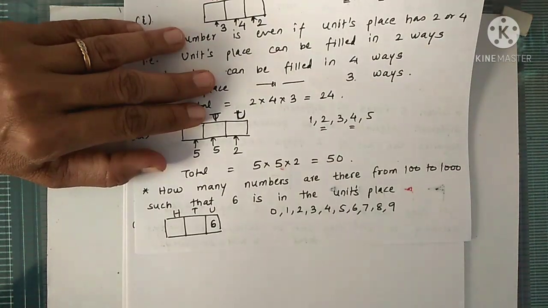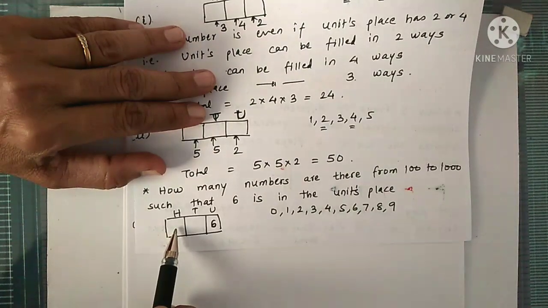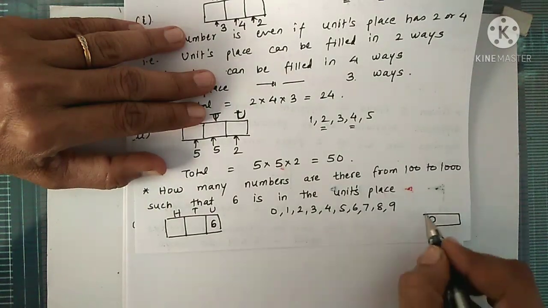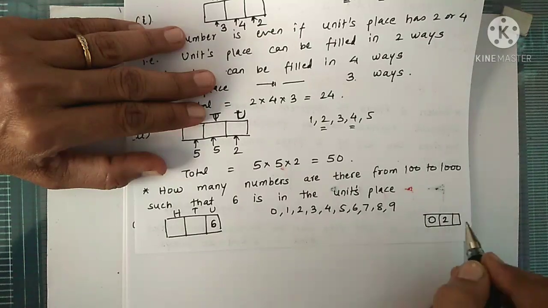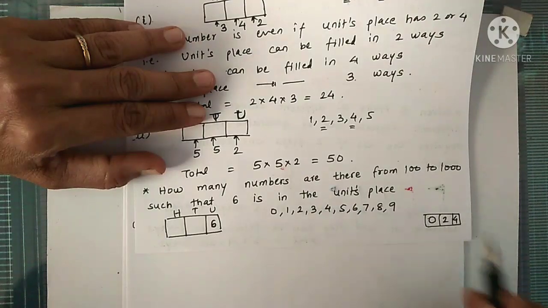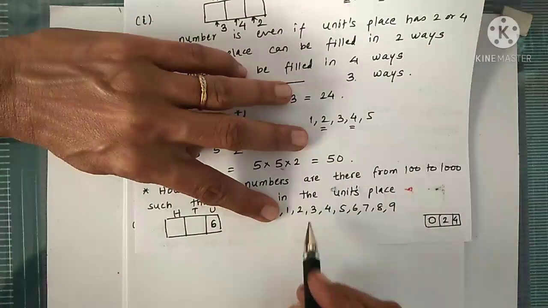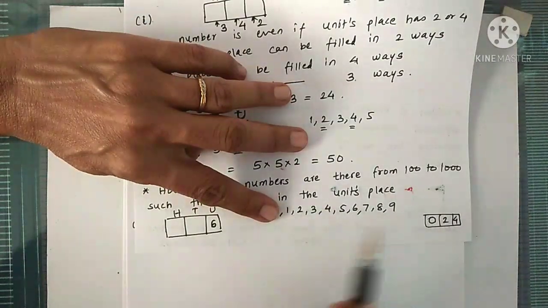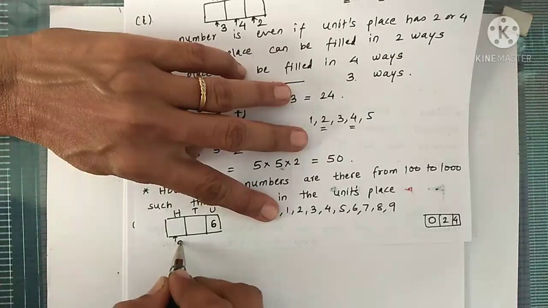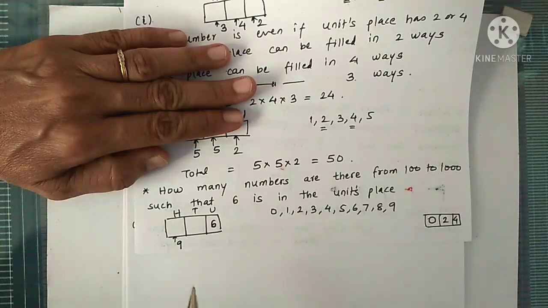Okay. But see here, we have 0 now. And we cannot place 0 in hundreds place. Why? Because if we place 0, then we get a number like 0, then for example 2 and 4. So this number is not a 3-digit number now, it is only a 2-digit number. So 0 cannot be placed in hundreds place. That means the digits available for hundreds place are 1, 2, 3, 4, 5, 6, 7, 8 and 9. So here we can use any of these non-zero digits. So that is 9 in number.